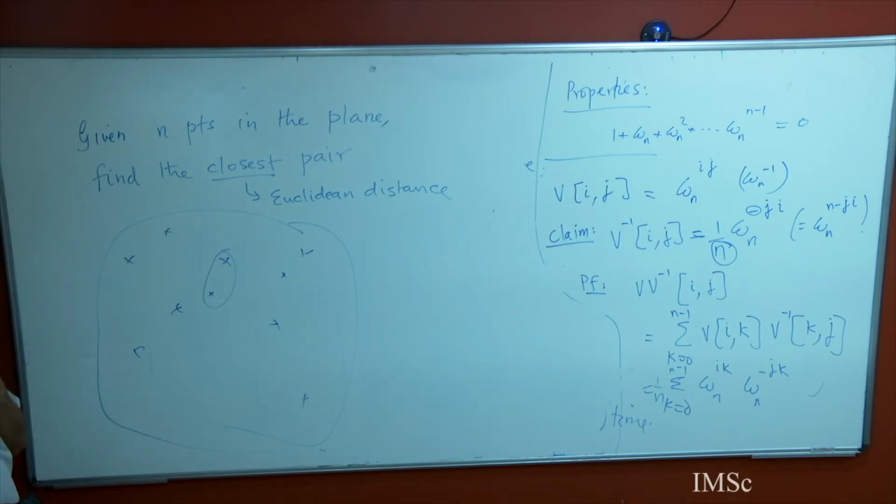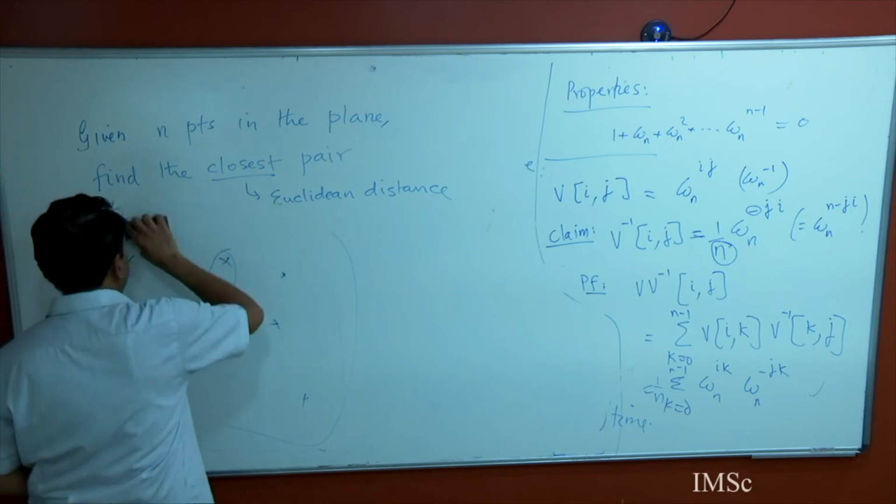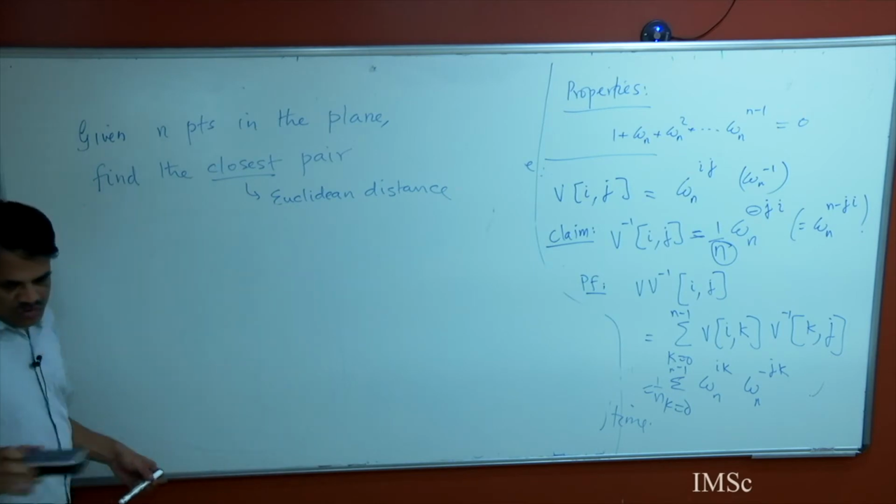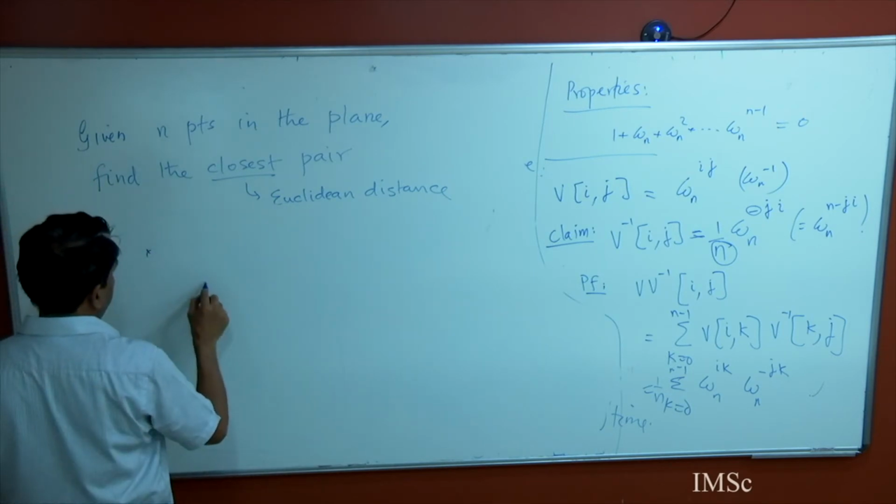So the first thing is we want to divide the points into two halves and find the closest in each of the halves, and then put things together. So how do we want to divide it? Sort the points under what? There are two coordinates. So by the x coordinate, let's say. Okay, so here is the solution, which is